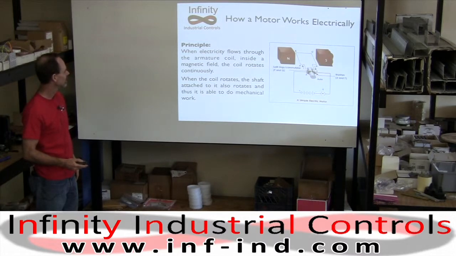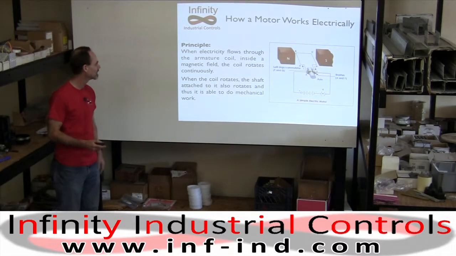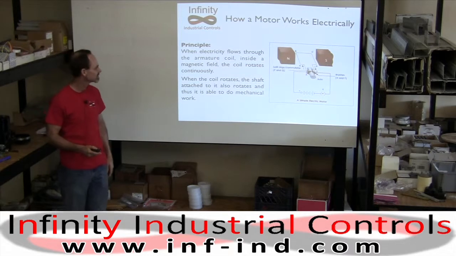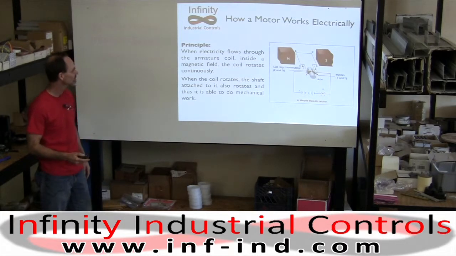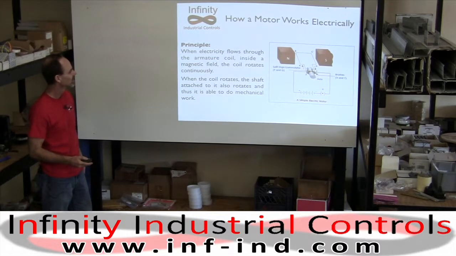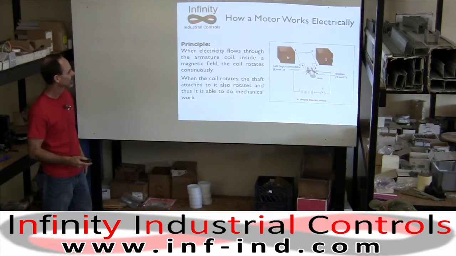Okay. When electricity flows through the armature coil inside a magnetic field, the coil rotates continuously. When the coil rotates, the shaft attached to it also rotates. Thus, it is able to do mechanical work. I don't know if I'm going to get ahead of myself here or not, but